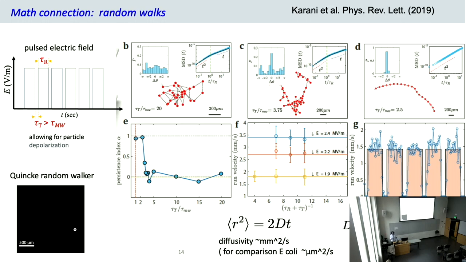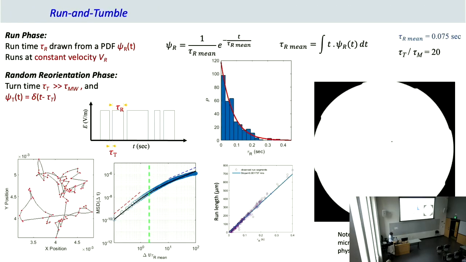And so we have a super swimmer, because these guys roll with a speed of a millimeter per second. If you're a 10 micron particle moving at a millimeter per second, you're going 100 times, 1,000 times your diameter per second. So it's a very active swimmer. And now you have a toy system in which you can explore different random walks.